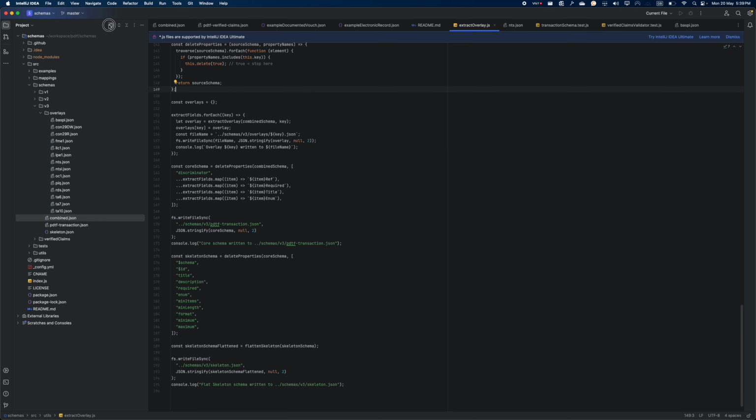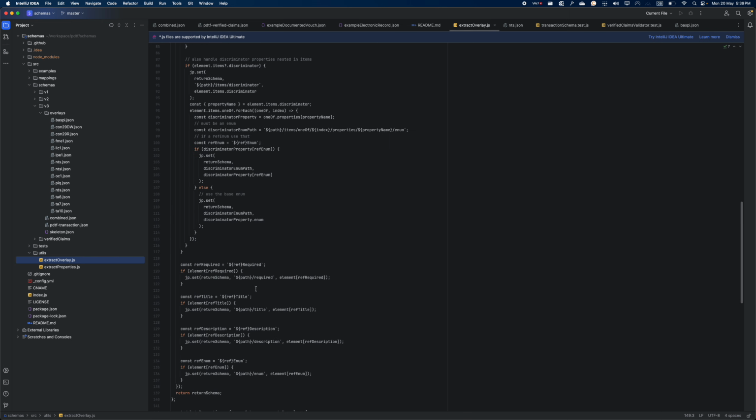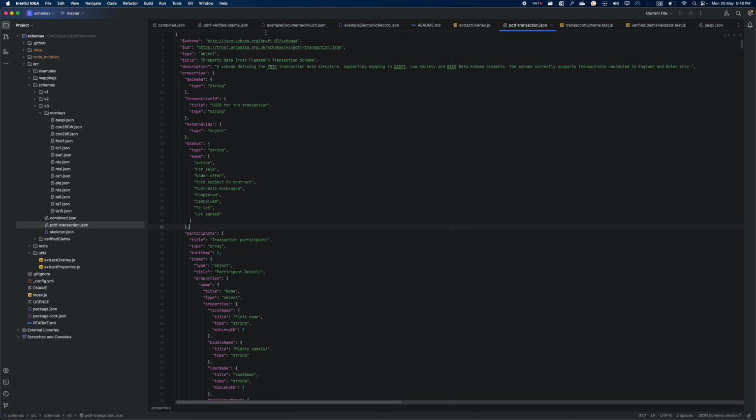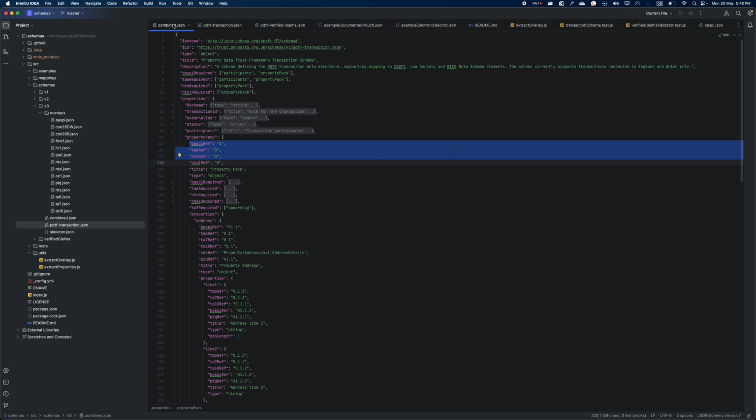There is a utility function here called extract overlay. The input to this extract overlay function is the combined.json file, and once you run this script against the combined.json file, two different things will happen. The first thing is it will create this file called pdtf transaction.json. What this is, it's basically a mirror of the combined.json, but it removes all these form specific tags from